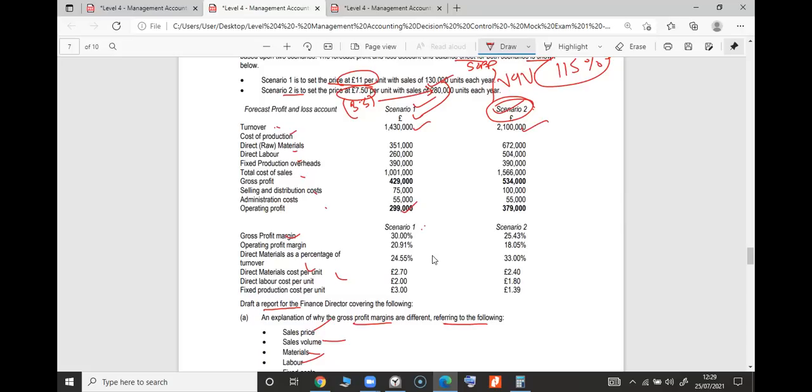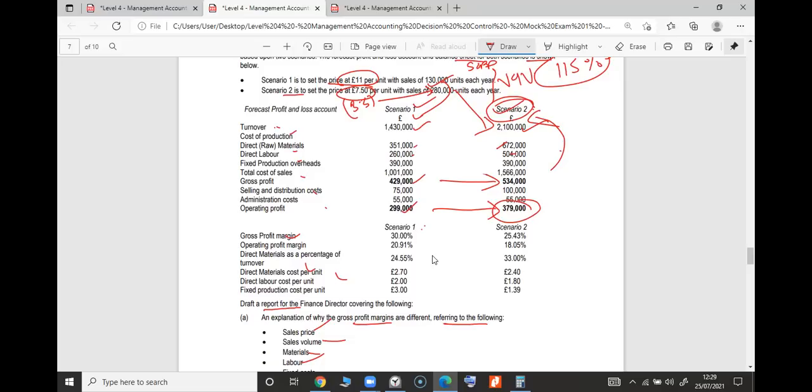revenue is higher. Definitely it should be higher because we are selling more volume. Raw material, whatever is here, is higher there. The other costs would be higher anyway. The gross profit is also higher there, and net profit is also higher. Everything is higher. You're getting a higher profit. Why? Because you're selling more items.